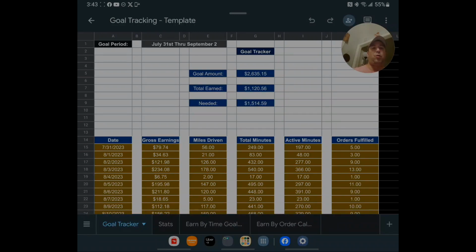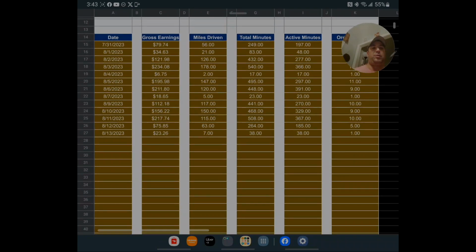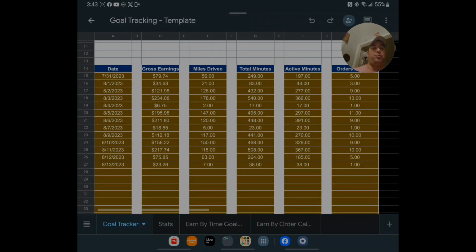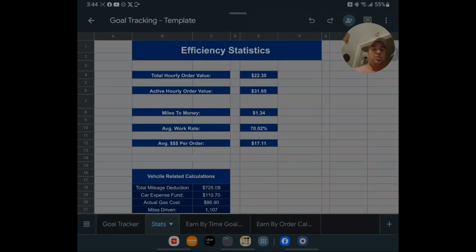So the first tab here is the goal tracker. This is where you will track all your progress. And you're going to basically use those sheets that I gave you, where you're going to see a lot of metrics that you're using on a daily basis, but you're going to put in the date that you worked, your gross earnings, your miles driven, your total minutes, your active minutes, and your orders fulfilled or contracts fulfilled. So once you put that in, you've pretty much put in everything this sheet needs. And you can record the days that you work, put it in,